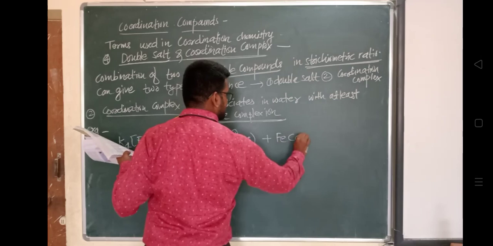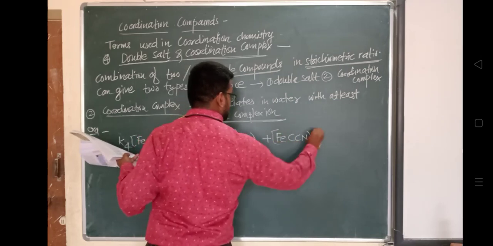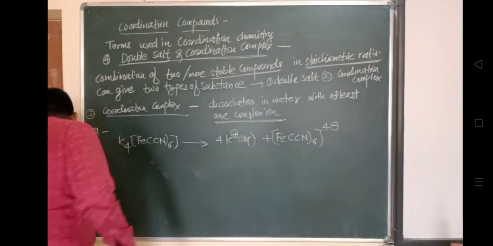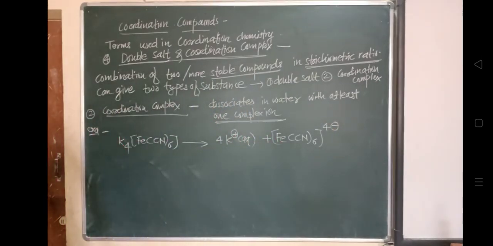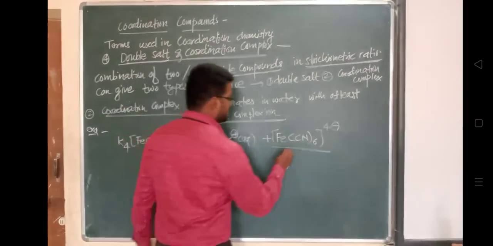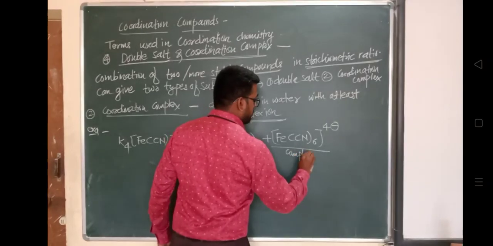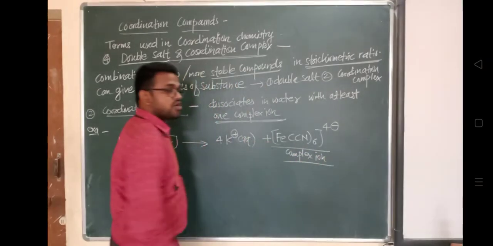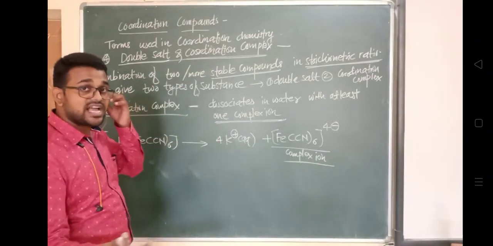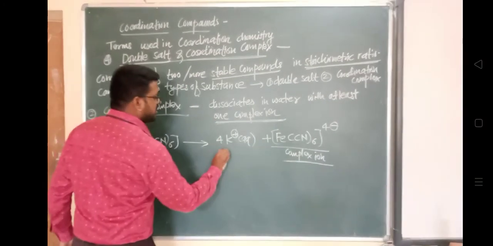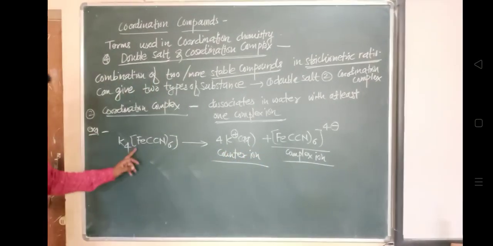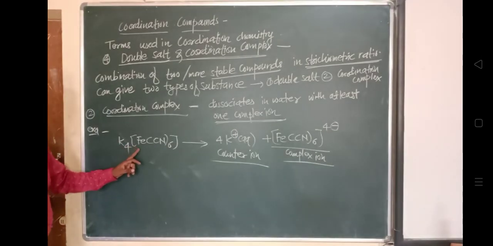But when a coordination compound dissociates, it will form at least one complex ion. This is the difference between double salt and coordination complex. You should know this. A double salt, when dissociated in water, will form simple ions. It will not form a complex ion. But when a coordination complex dissociates, it will form at least one complex ion, and this is the difference between these two. You should know this. So I hope